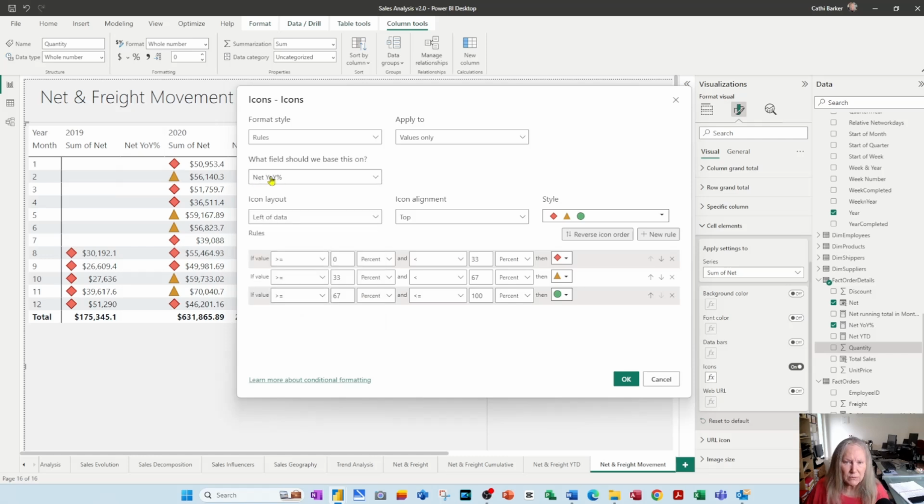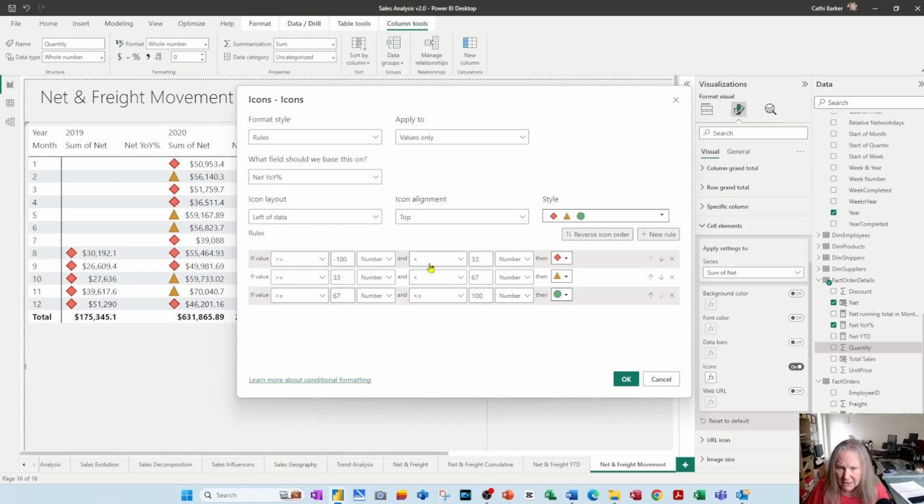So I'm wanting to apply this conditional formatting to my year-on-year percentage change. I'm wanting to say that if a value is greater than or equal to, not a percent, in fact change all of these percentages to number, because percentages don't apply to what I'm wanting to do. If a value is greater than or equal to, let's say -100,